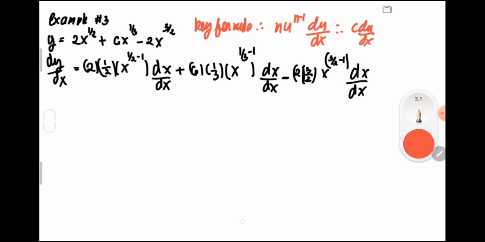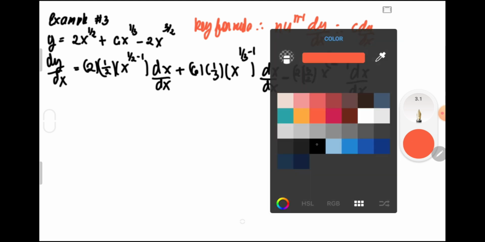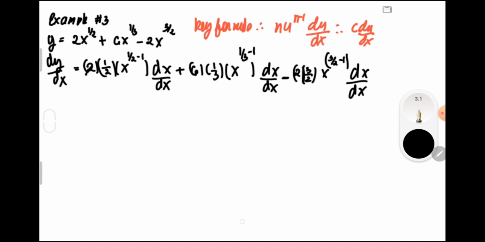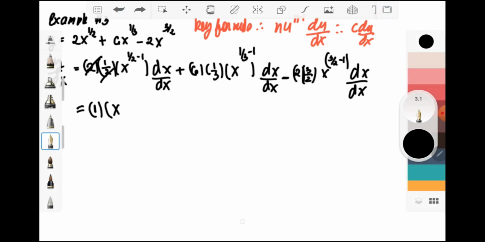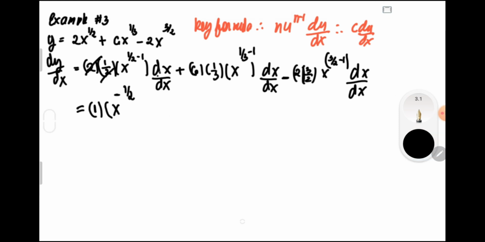Okay. So, from this, we'll have a value equal to 2 multiplied by 1 half is equal to 1 multiplied by x raised to 1 half minus 1 will be negative 1 half. Kasi magiging 2 over 2 lang yan. Okay? Multiplied by the derivative of x is equal to 1